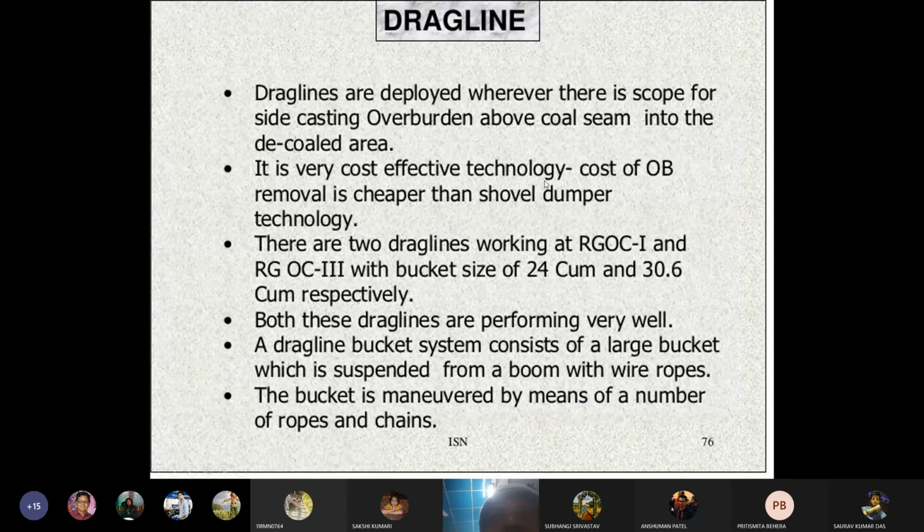What is a dragline? How does it work? Draglines are deployed wherever there is a facility to side cast the overburden above the coal seam into the decoaled area.